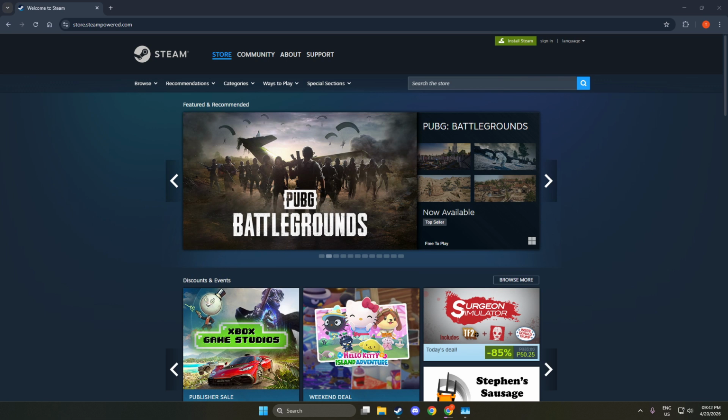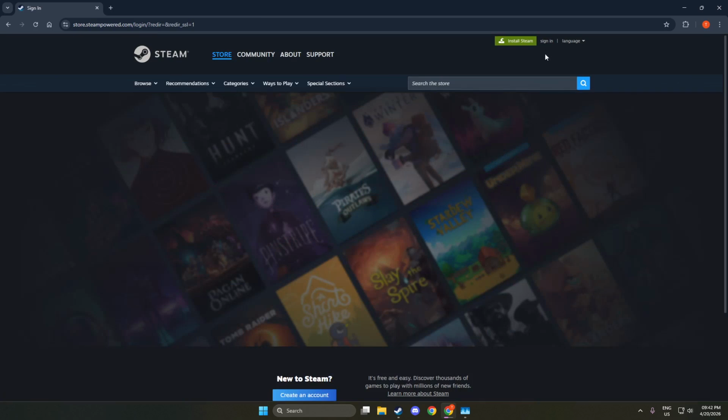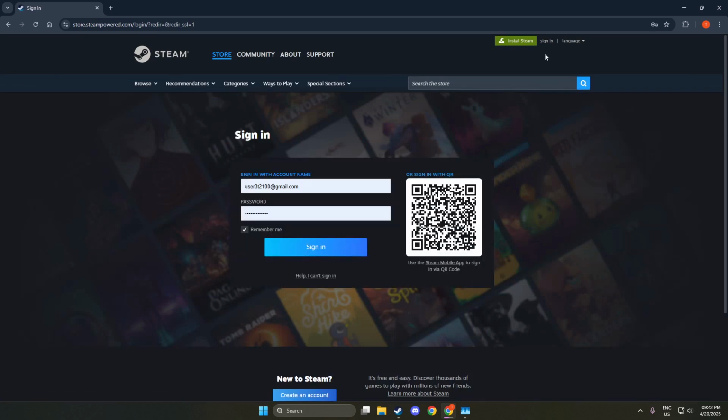Begin by opening your web browser and going to the official Steam support website at https://help.steampowered.com. This page is safe to use and doesn't require you to sign in, which is perfect when you can't access your account. Give the page a moment to load and make sure you're on the genuine Steam domain to